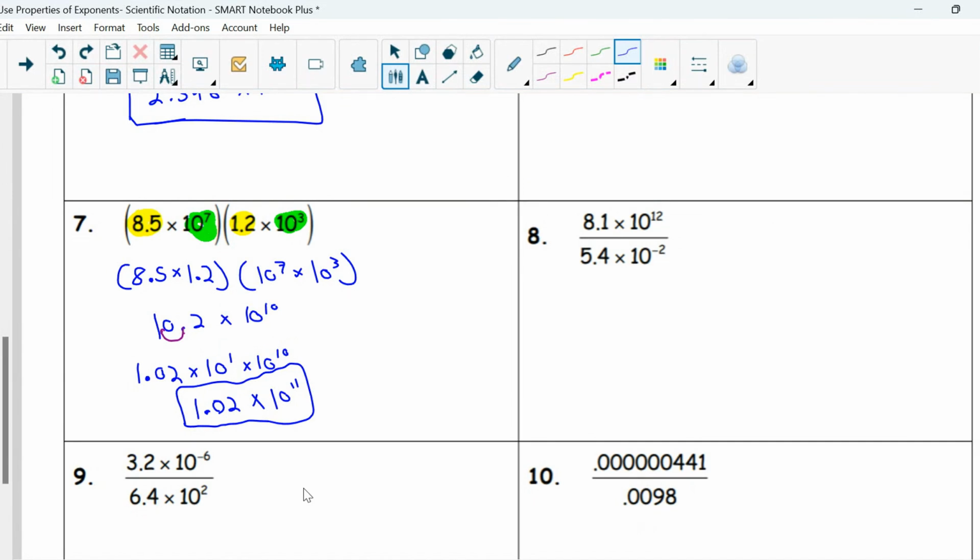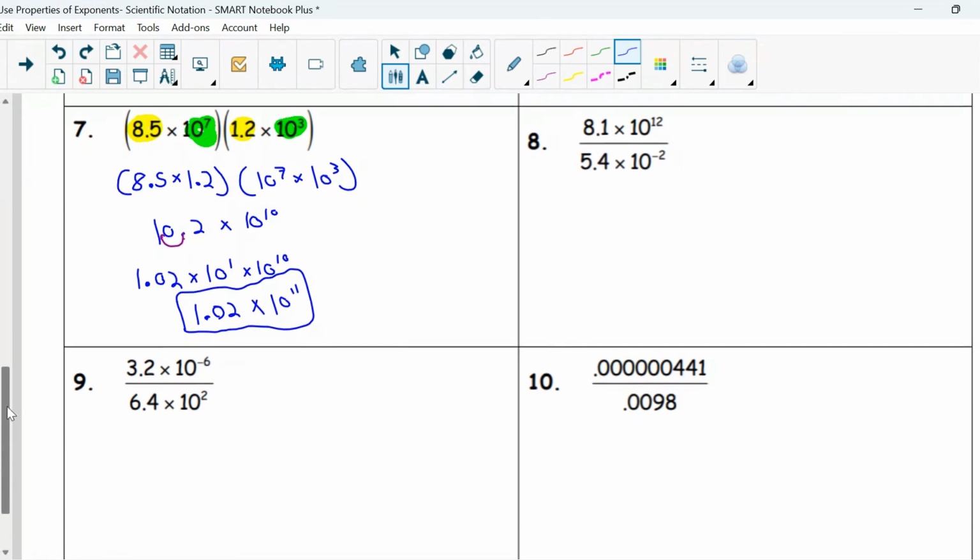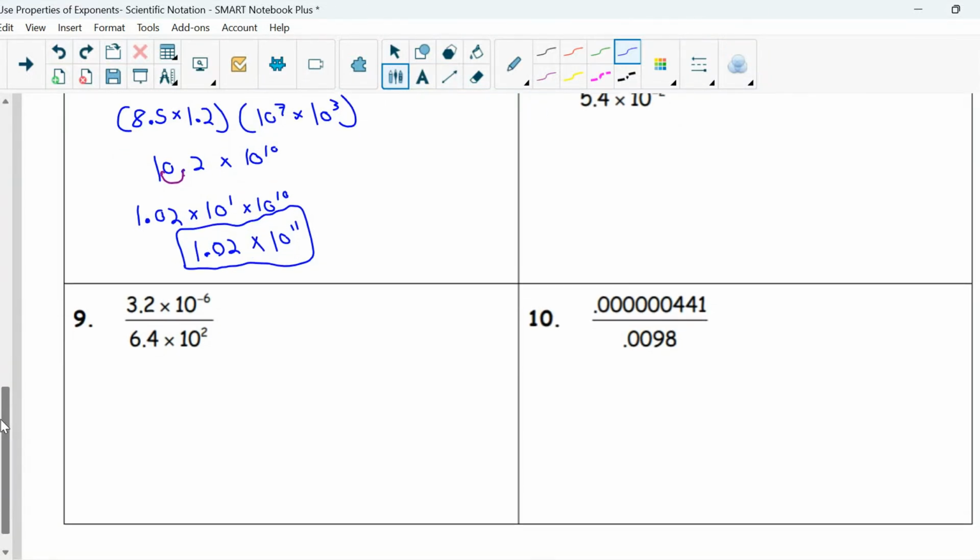All right. My final example here, I have two different scientific notations, and we are dividing them. So in order to divide them, we can simplify my C values by just dividing, and then we will simplify my tens by subtracting my exponents. So 3.2 divided by 6.4, some of you may be able to see this. This is the same as saying 1/2. Since we're working with scientific notation though, let's write this as a decimal. So my C value becomes 0.5